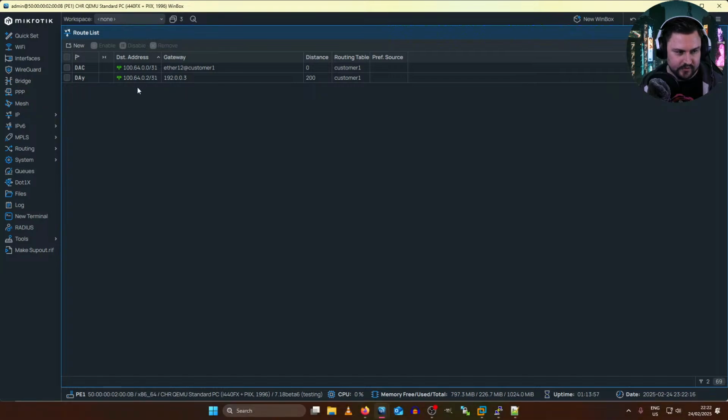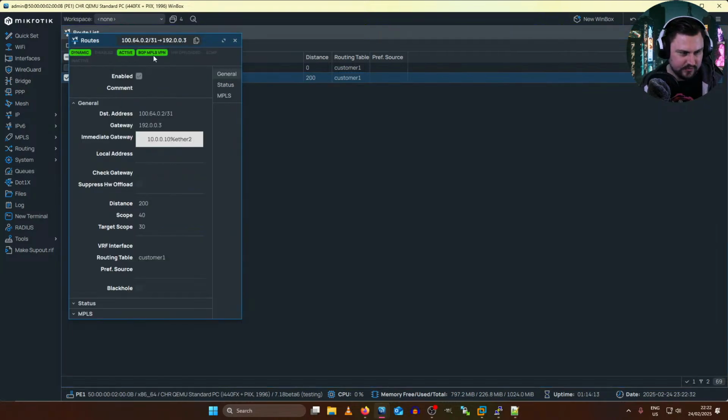So we're learning the remote route of the customer. I think this is where it looks a bit different if you're using Juniper, because you might just see that as a BGP route. You're not going to see it as a copied route, because that's what that Y stands for. If you're not sure what the flag is, it's pretty weird. But if we double click it, it's actually telling us it's a BGP MPLS VPN. That's pretty cool. I don't think I've seen that before. I don't know if other people have seen it before, but I don't remember that I've seen it before.